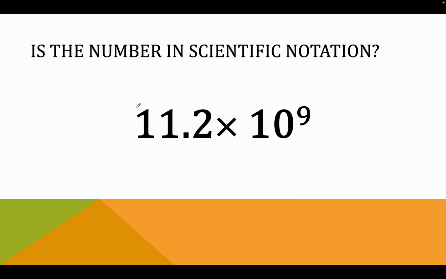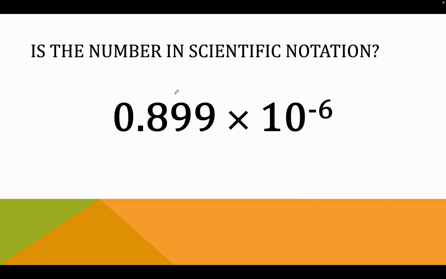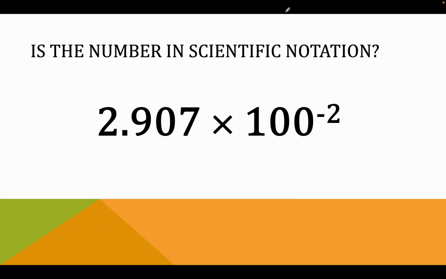This one does not, because this number is greater than 10. This number also does not, because it is less than 1. And lastly, this one does not, because it is times 100 to a power, and we only use 10 for